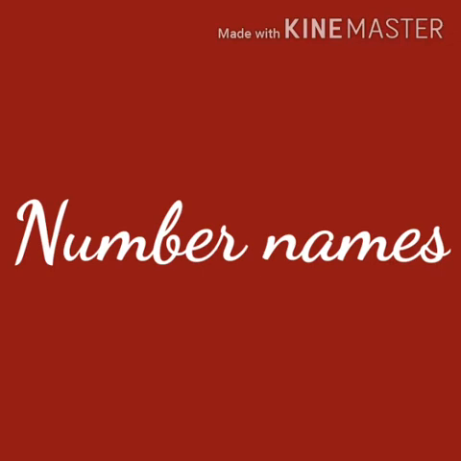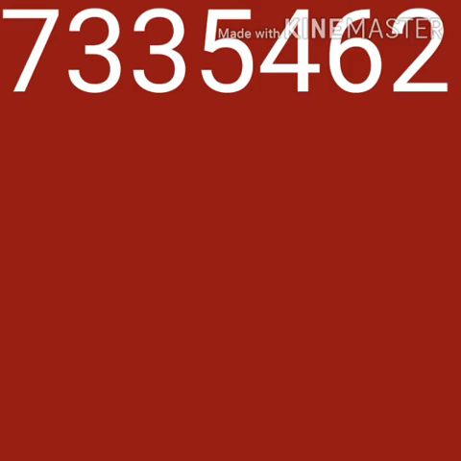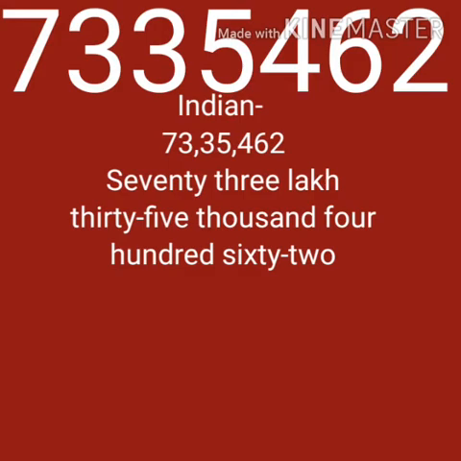Now, let us understand this comparison by number names. For example, let us take 7335462. When we write number names in Indian system, first we need to make sure we put commas at the right place. First we will put comma after ones family, then comes thousands family, they are 2 members. Then comes lakhs family, they are also 2 members. Now let's read the number name. It is 73 lakh 35,462. You are all very familiar with this, isn't it?